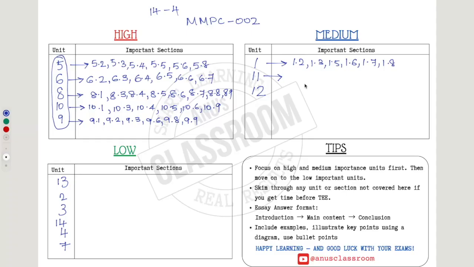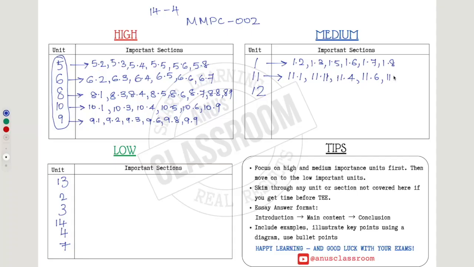So if you have the time, I suggest you study all the sections from this unit. But if you don't have that much time, then focus on sections 11.1, 11.11, 11.4,